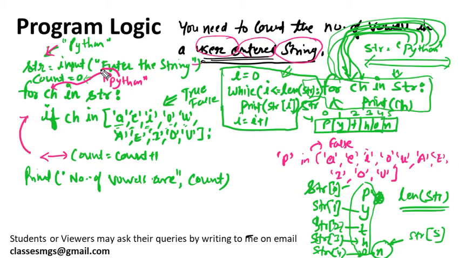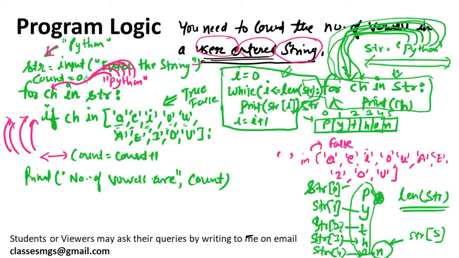Next time y will come in this ch variable, and whether y is there in this list, again this condition will be checked. Whether y is there in this list, no, this condition is again false, this line will not be executed. Next time t will come in this character. So whether t is there in this list, no, again false will be returned, again this line will not be executed, next time loop will continue. Next time h will come, whether h is there in this list, no, again false, again loop will continue. Next time o will come,